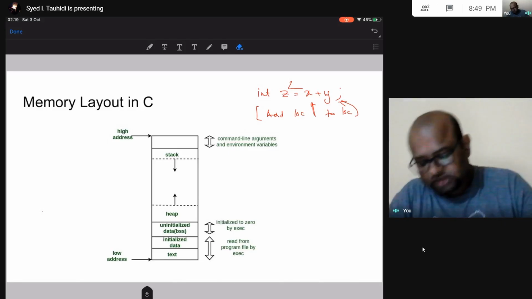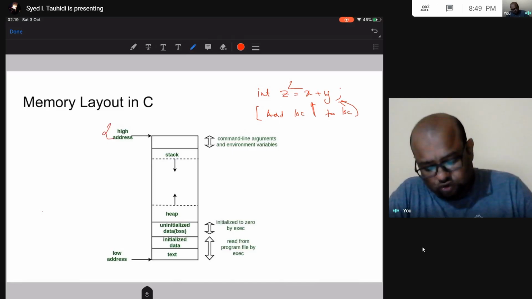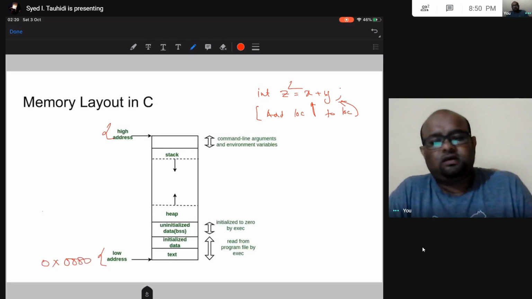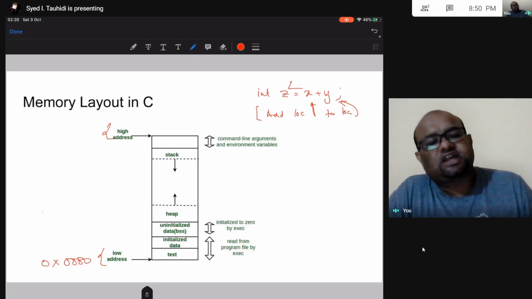Okay, so say this is the highest address, a very large number, and this is the low address, starting from 0. Okay. So my program is going to see that it starts from address 0.